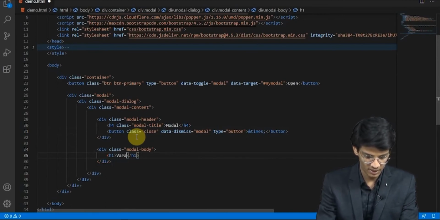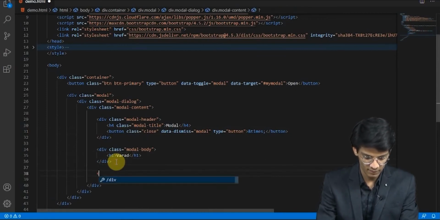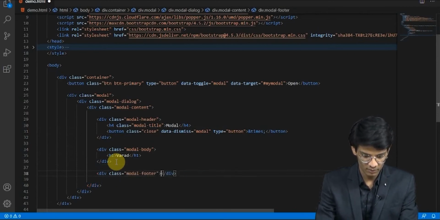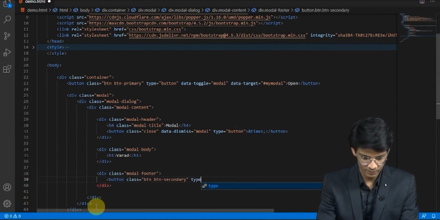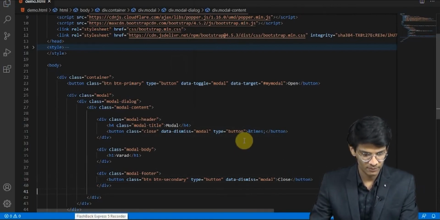I'll write my name, and moving forward we will have modal footer, type would be button, and it would do the same for now. Okay, it would be for close.